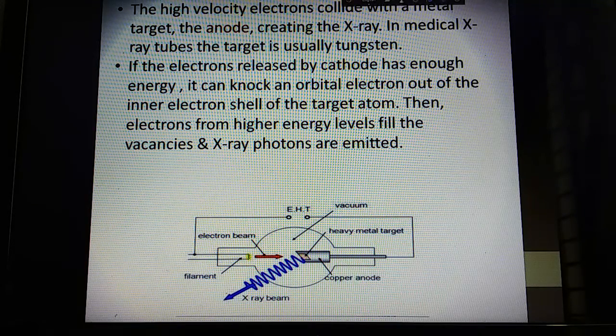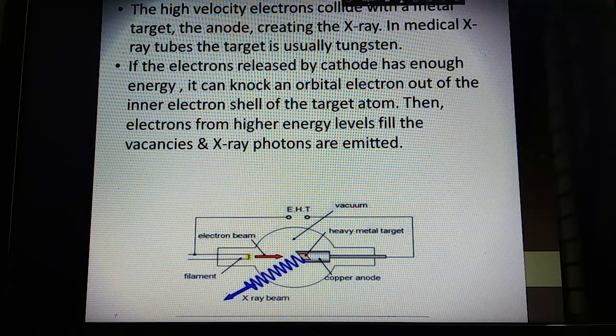And due to this collision, X-rays are generated. In a medical X-ray tube, the target is usually tungsten. That means tungsten is used as the anode in medical X-ray. If the electrons released by the cathode have enough energy, that means we have already known that the cathode is used